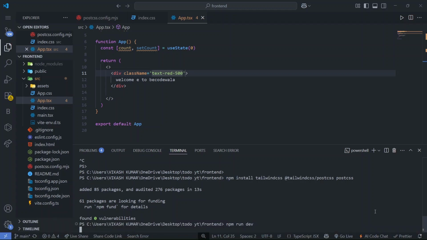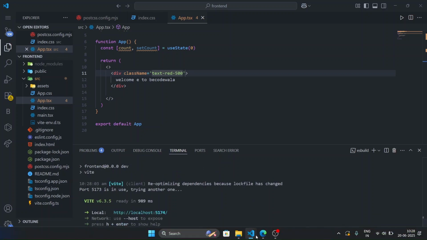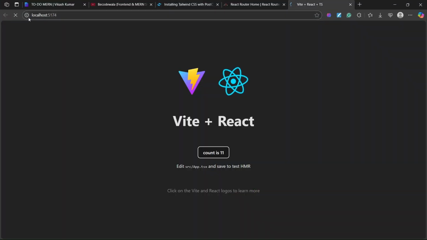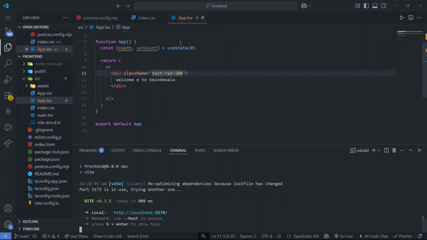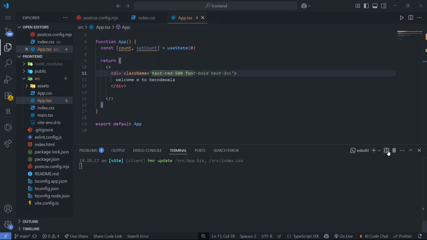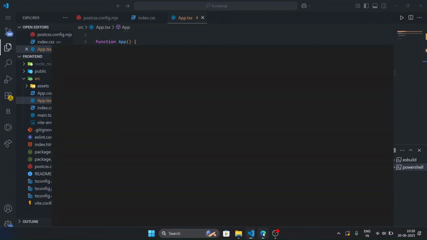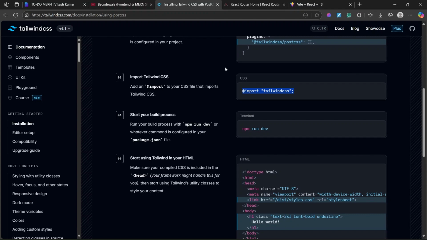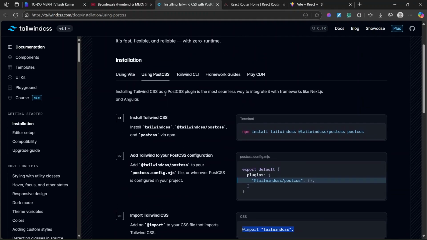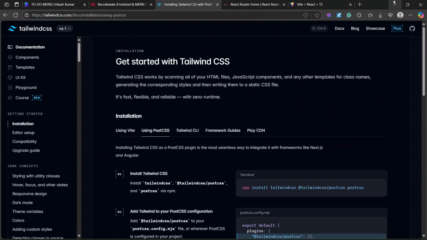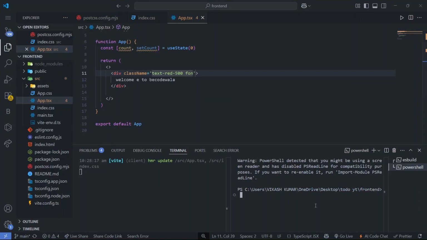npm run dev. So when you run this it will work, but the Tailwind classes will not be shown to you. You can see "Welcome to Becodewala", right? So when we are typing something, it is not recommending the Tailwind classes. To fix that, it is not mentioned on the Tailwind CSS website. Before, in the previous version, it was there, but in this v4 I don't know, we didn't find that